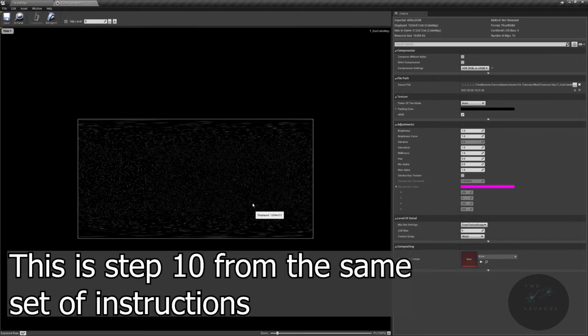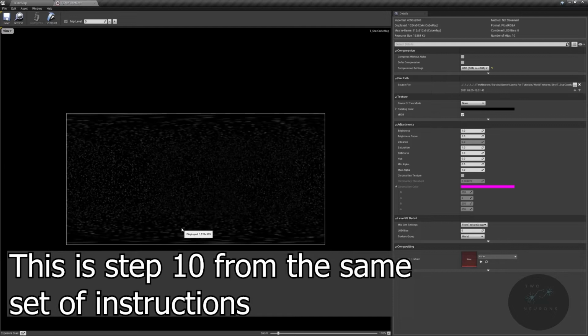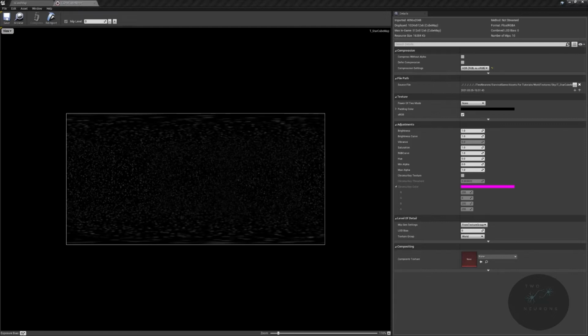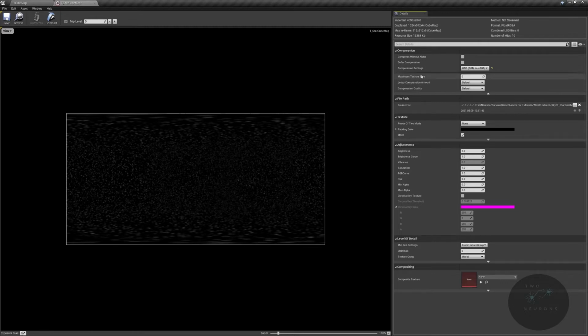And we go in here and we can see our cube map. Don't worry about how stretched it's looking. That's normal for a cube map like this. It is going to be a bit pixelated either way, but it is what it is. What we want to do is extend out the advanced options under compression settings, and we're going to change our